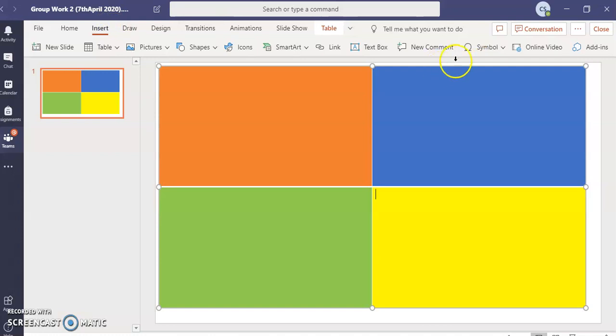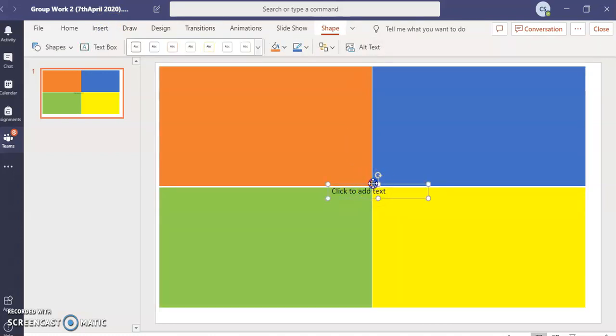And then you can insert a text box and write the group number here. So suppose this is group 1.